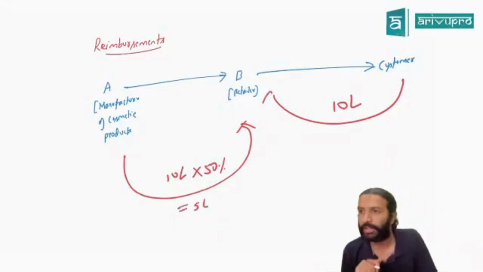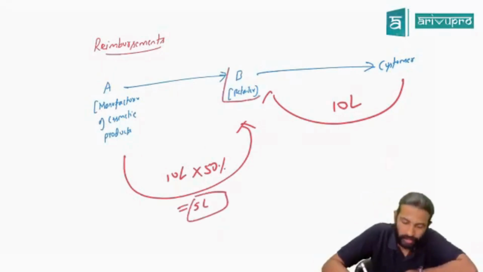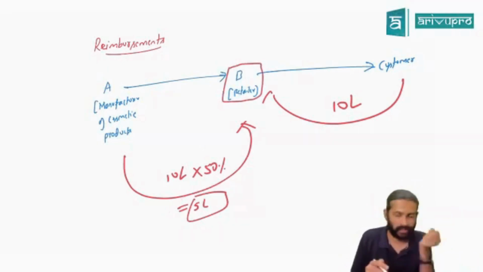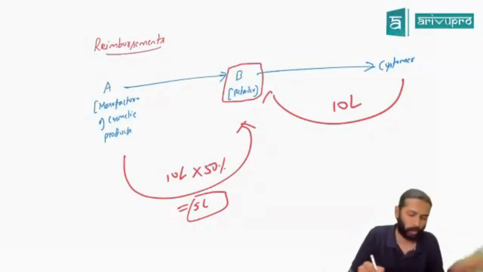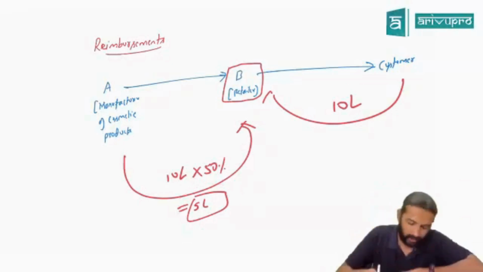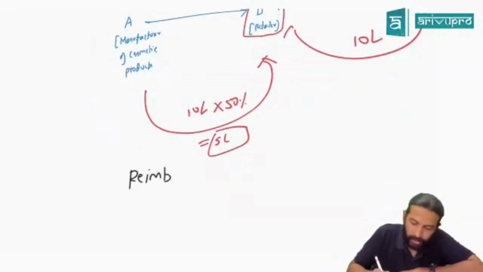Correct or no, sir? This 5 lakh rupees, we are talking from B Limited's side here, okay? Is B Limited getting or paying this 5 lakh rupees? Are they receiving it or are they paying it? 10 lakh rupees they are paying to the customer. That is okay. We're talking about this 5 lakh rupees. Are they receiving it or paying it? Receiving it. This we call reimbursements, as per AS 29.